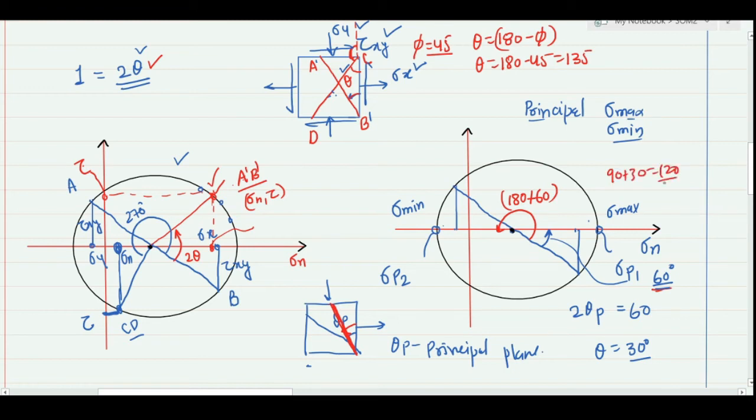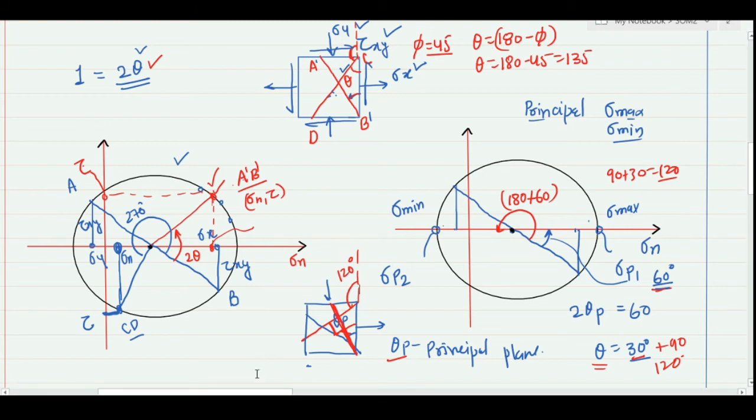We have already seen in the previous two classes, when we considered the analytical approach, that the two principal planes are orthogonal to each other, and as you have already defined that the first plane will be 30 degree, the next will be just 90 ahead, or it will be at 120 degree. So I can also represent the second plane, and these two planes will have a 90 degree angle, and I always measure the angle in the counterclockwise direction, so this angle will be 120 degree. In this way I can identify the two principal stresses as well as the two positions of the principal plane.